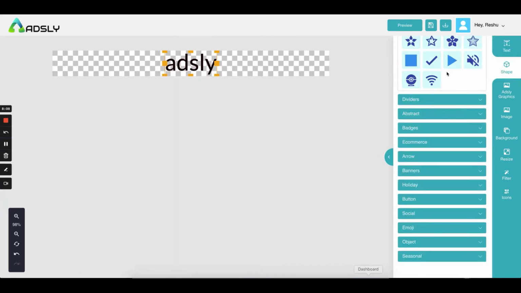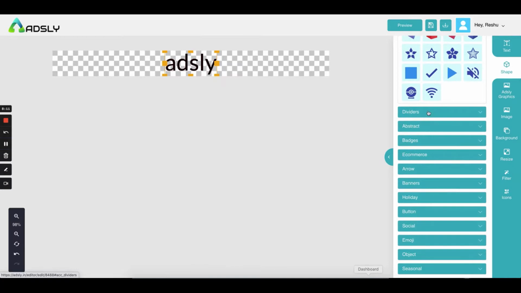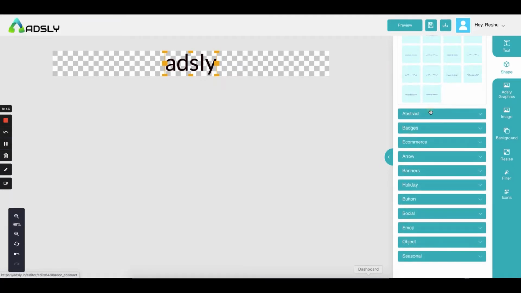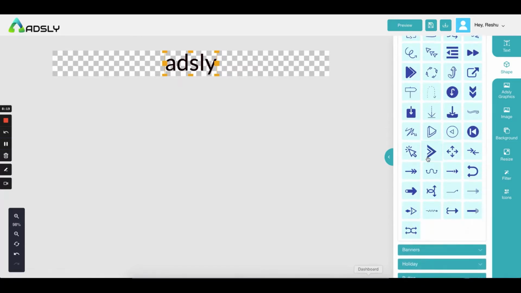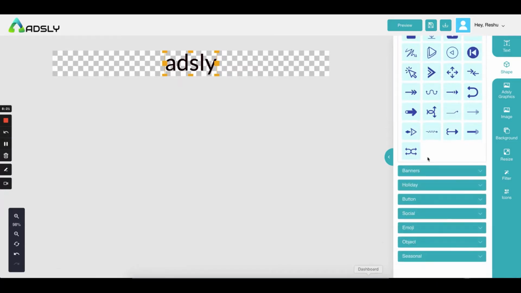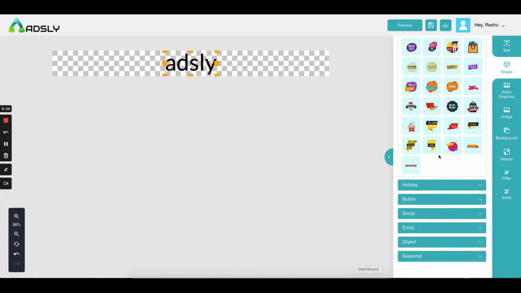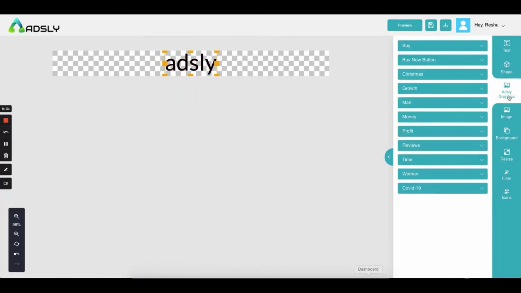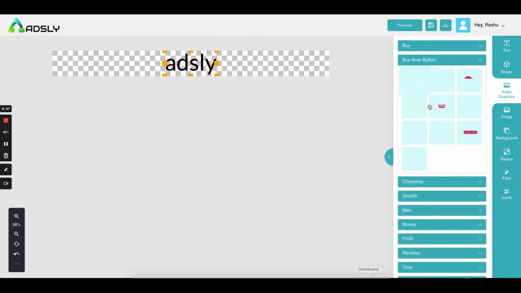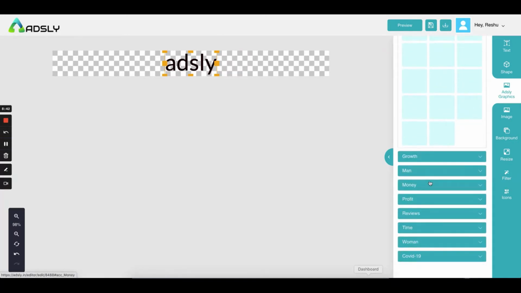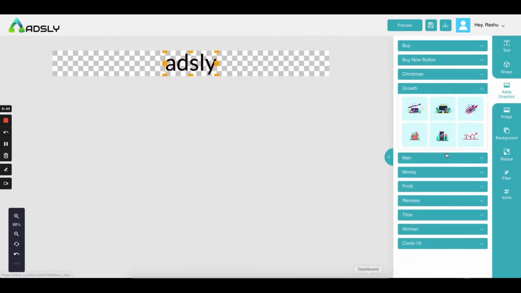Next comes the shape gallery. These are all the shapes which we are providing you so that you can use them in your ads. We have added a huge collection which will ultimately help you to make your ad more profitable and appealing. Then we have a dedicated graphics gallery specially made by my team, Adsley's team, for you guys. These are never before released graphics which are custom made for you people, and you can use them inside your ads, and we will keep on adding more into this.